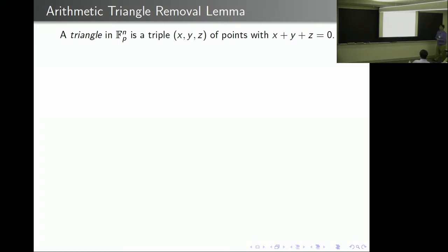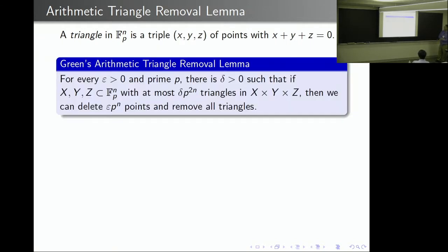So in his paper, Ben Green proved two nice generalizations of Roth's theorem. One of them is called the arithmetic triangle removal lemma. A triangle in F_p^n is a triple x, y, z of points with x plus y plus z equals 0. And then the arithmetic triangle removal lemma says for every epsilon greater than 0 and prime p,